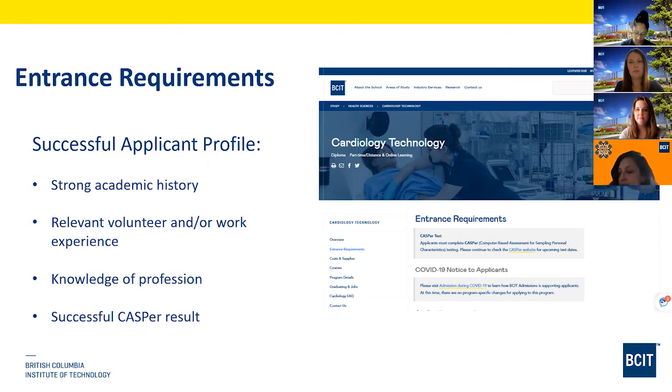And the other requirements would be the CASPER test, which is a soft skills test done through CASPER. And it assesses your emotional intelligence and your ability to be able to respond in different situations. So that is definitely factored in, your result in the CASPER, as well as your responses on the mandatory applicant questionnaire, which is a form that will